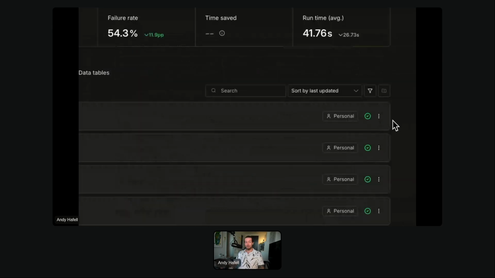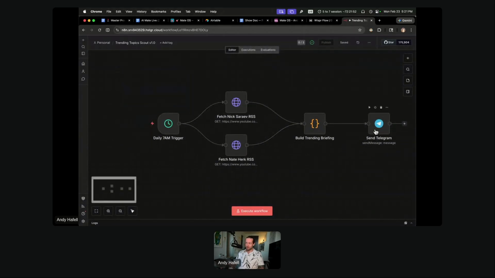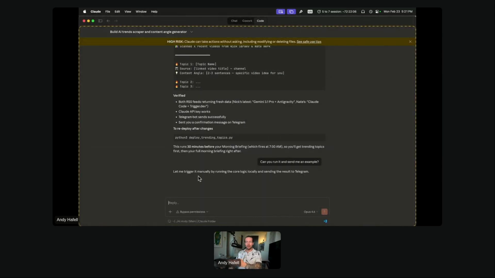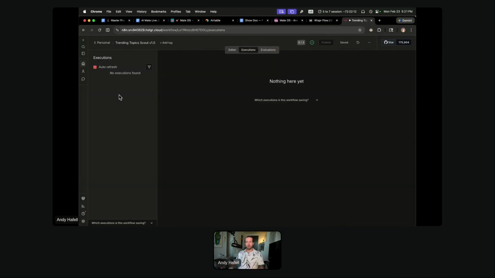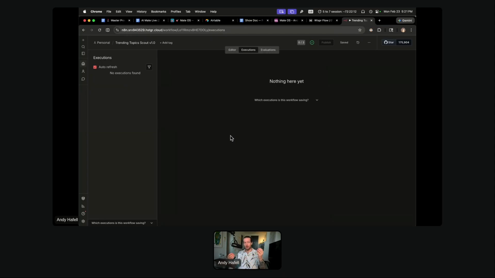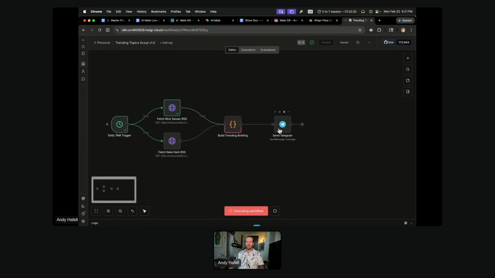And it actually is live and public, which is super cool. Like, this is the best thing in the world. And as you can see, this is the workflow, so it might have some issues. We can ask it to run it, and it's going to try to send it to Telegram itself. We can look at the executions to see what is happening. But since we're here, it's really about human and AI working together, right? We can just try to run it and see if we get an error. And I bet that the Telegram is not set up correctly.